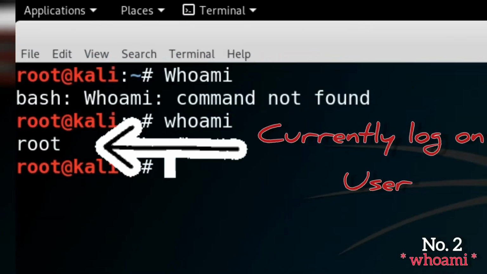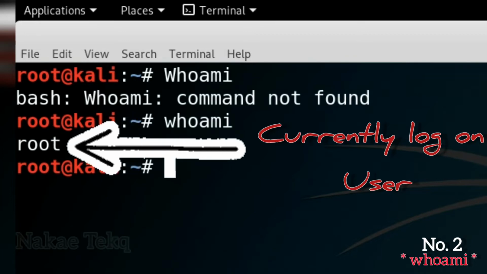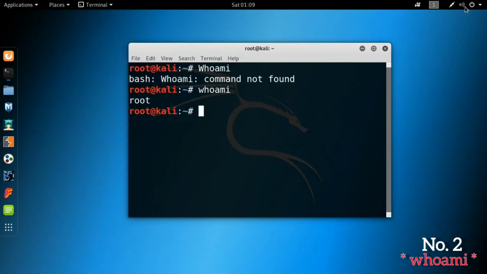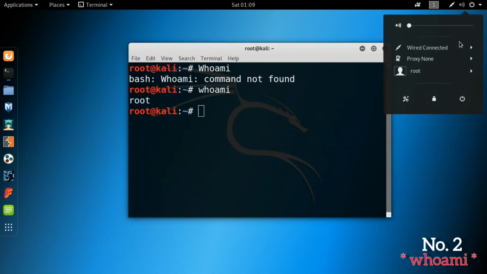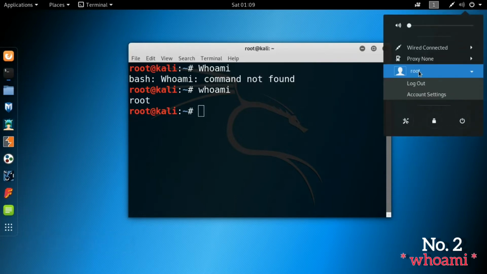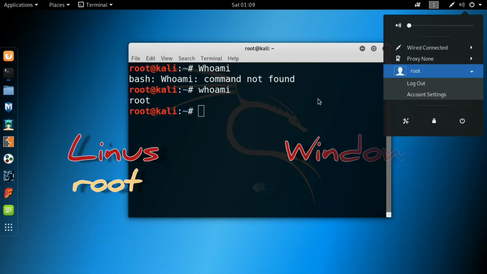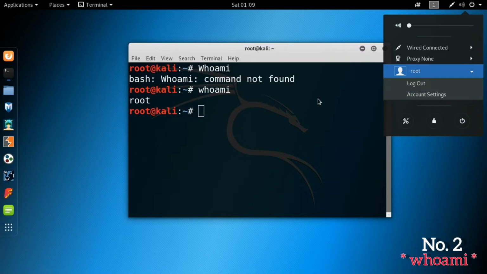If the name of the account is Kudo, you will see Kudo over there, not root, but the current login account is root. Let's check something here. So as we can see, the current user running this machine right now is root, or the administrator account. So let's say you are a Kali Linux server administrator, or you are an administrator at a company, and you